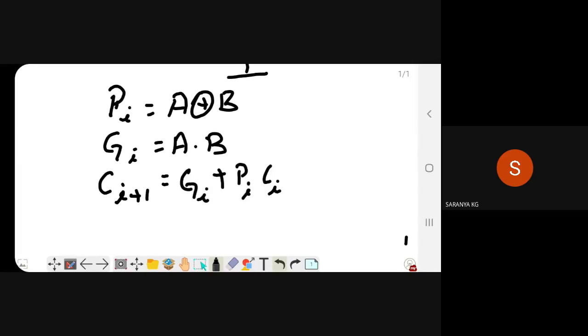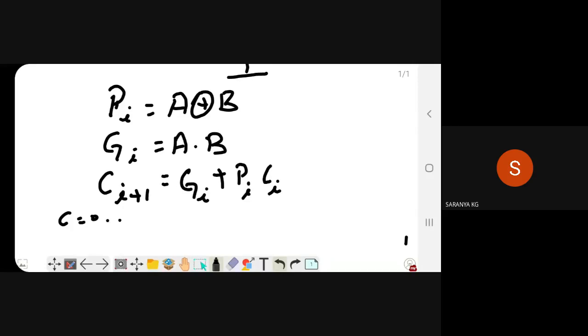So we are supposed to add 4 bits. So in the parallel adder we have 4 bits in each variable, a and b. Am I right or not? In a and b, I am going to add 4 bits. So for that I'm going to substitute I equal to 0 to 3.